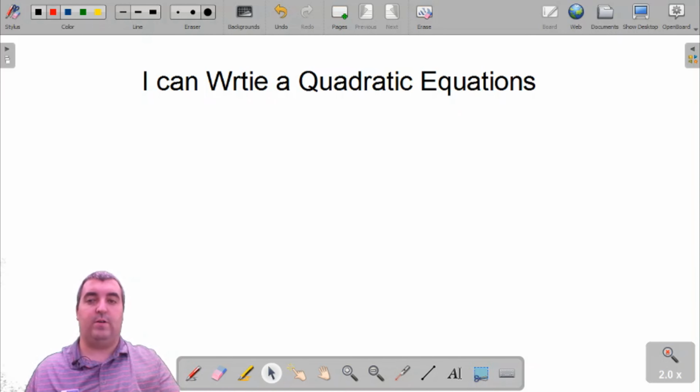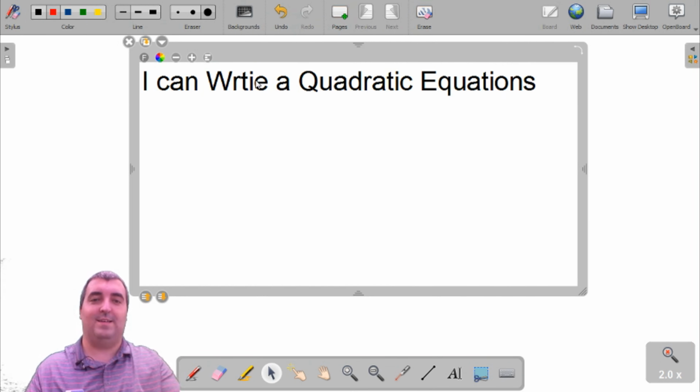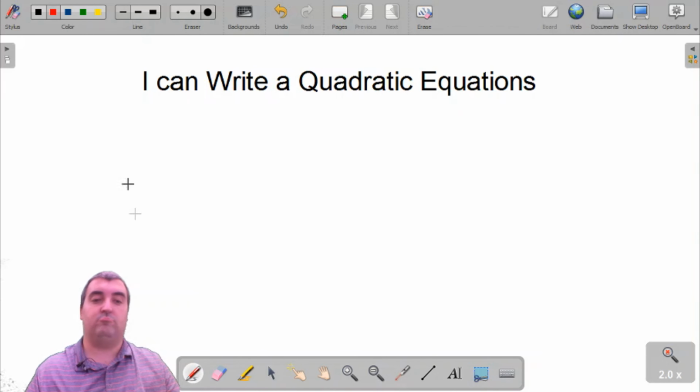Today we're going to talk about writing a quadratic equation when given just some information. So depending on what you're given, you're going to do it one of three ways. So the first way